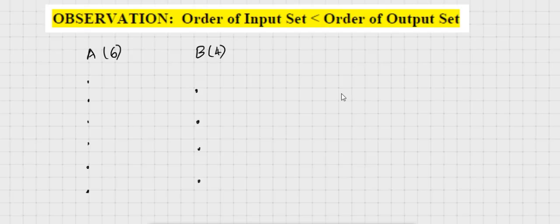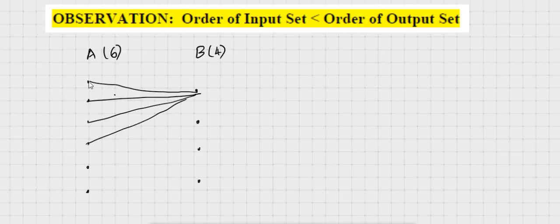So I could not define a one-to-one function here, whereas I can define what? I can define a function. That is not an issue. See, this is also a function. All can go to one thing. Not a problem. But I could not define a one-to-one function here. There is no chance. Why? Because for a one-to-one function, different elements should have different outputs. That is very important.